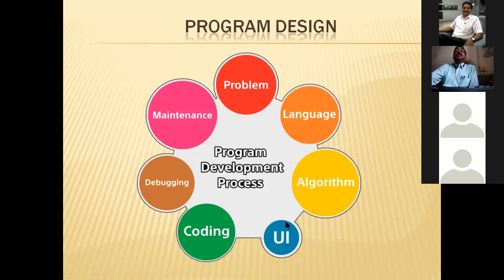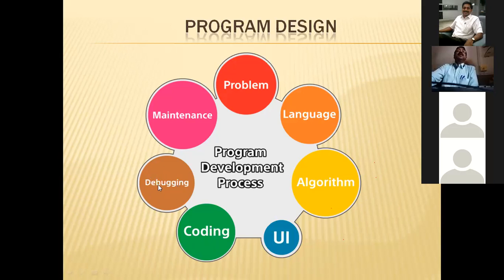Okay, and then after selecting the user interface, we have to consider the code. Code is programming language code. If we are learning the C language, we have to write the code in the C language. If we learn C++, we write the code in C++. If we learn Java, we have to write the code for solving a problem in Java. Later on, this is the debugging.